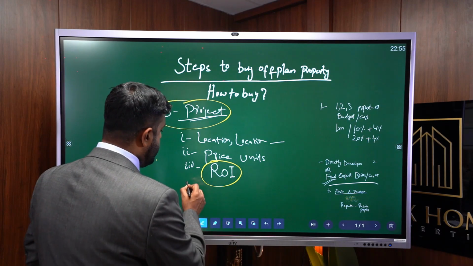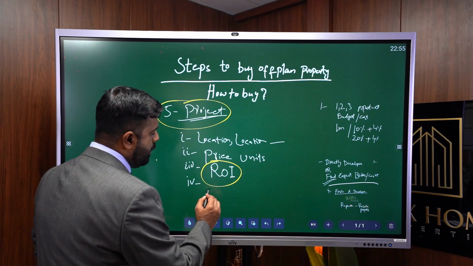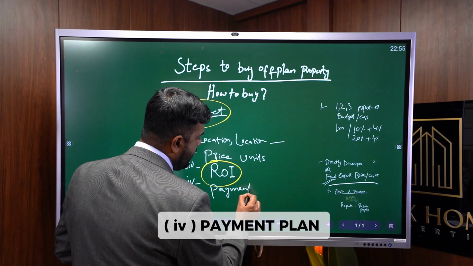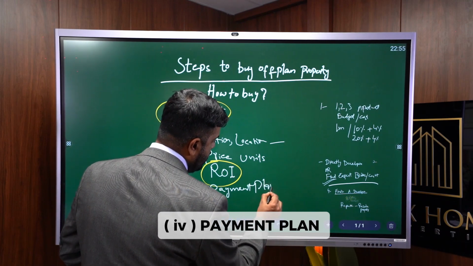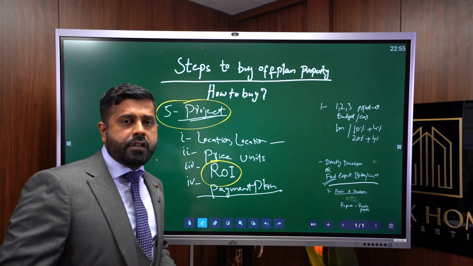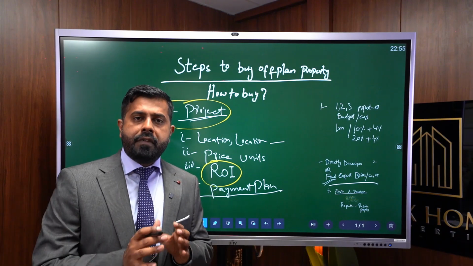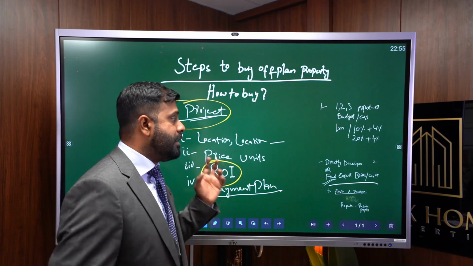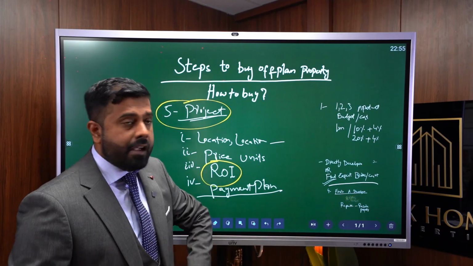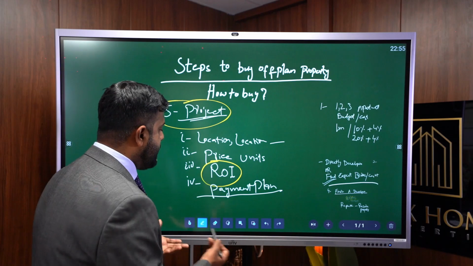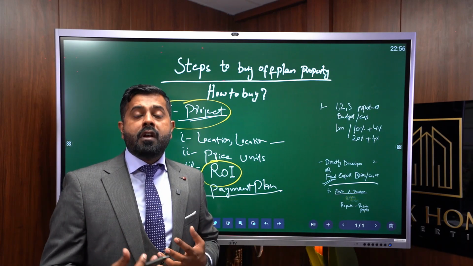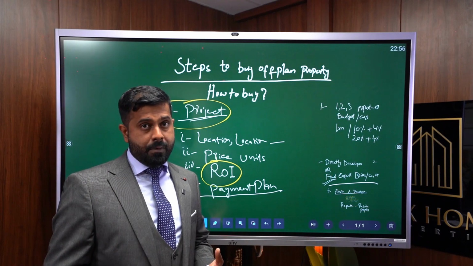Okay. And then we'll look for a payment plan in that project. It is always good to go with a flexible payment plan. There are different types of payment plans, as we mentioned in the previous step, number one, that we pay 10% down payment, we pay 20% down payment, but there are very flexible payment plans in the market